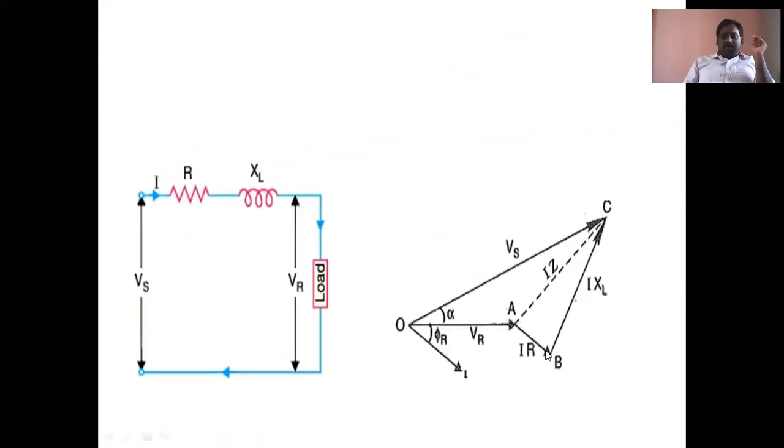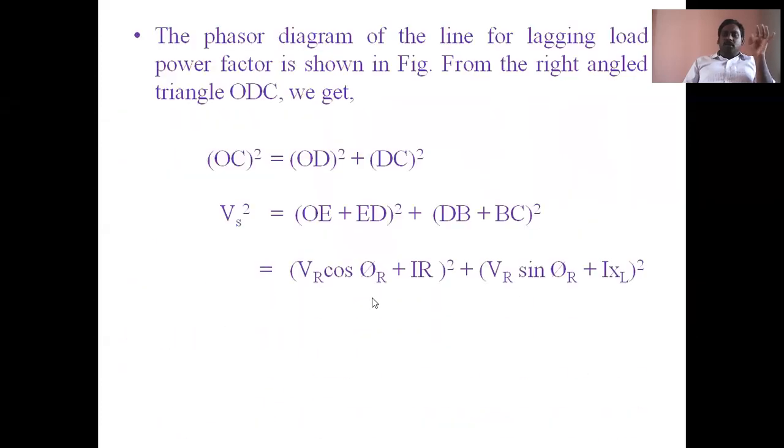So this must be replaced with the D. A can be replaced with the D, then OC square is equal to OD square plus DC square. And DC square is equal to DB square plus, sorry, it is also represented with E, O, D, E. So depending upon the equation, we can modify the vertices of the triangle in the phasor diagram. Here O, B, C, D, E is there. Depending upon that, you can modify the phasor diagram.